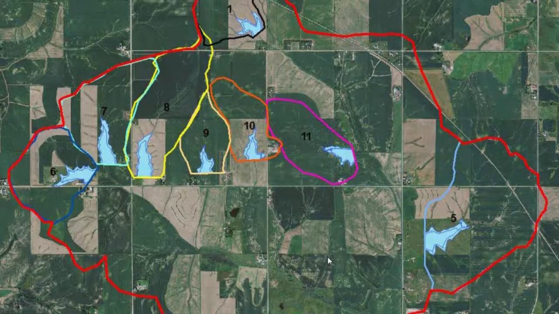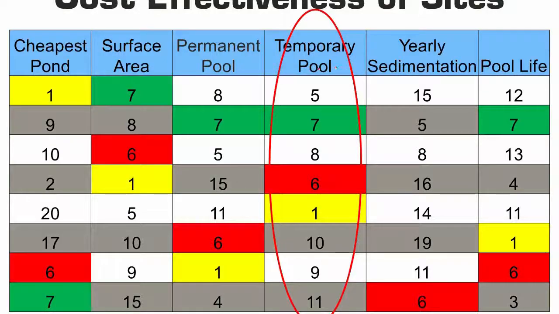A few other things then is, I selected this based on temporary pool, but if you're interested in storing water, then permanent pool becomes an important component. If you want to look at yearly sedimentation, how much sediment you are reducing, if you want to look at phosphorus or nitrogen, you can sort these however you want and figure out the benefit based on what you are trying to achieve